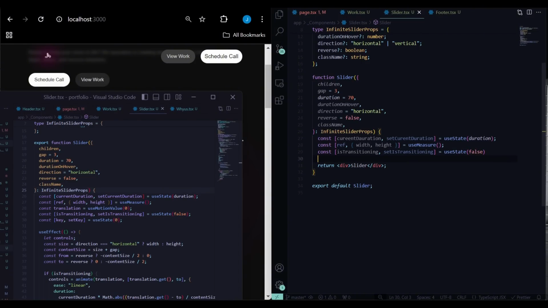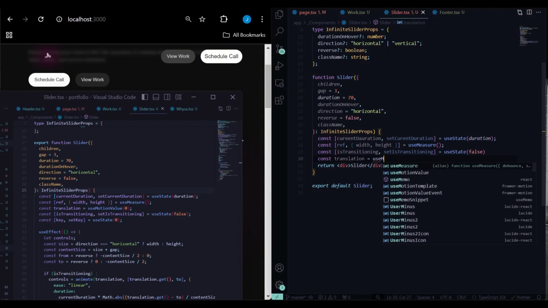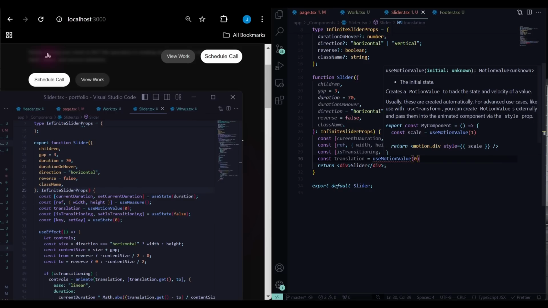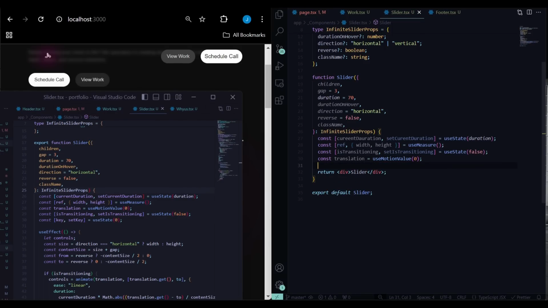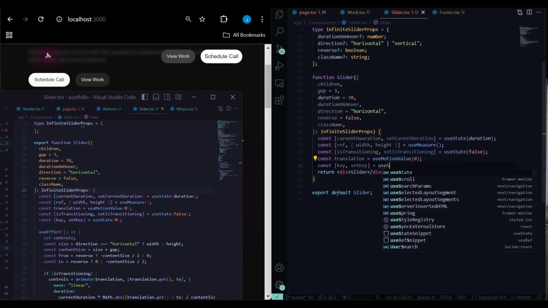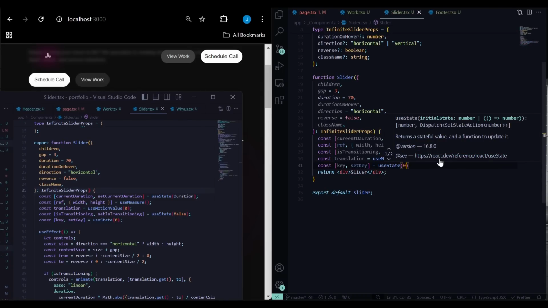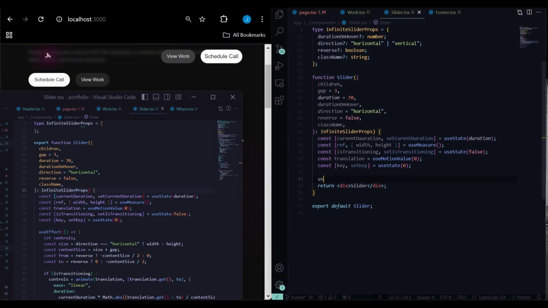Then we set the translation to be useMotionValue, and initially we pass it 0. Const key, setKey equals useState of 0. Okay, so first things first, we're going to use the useEffect,